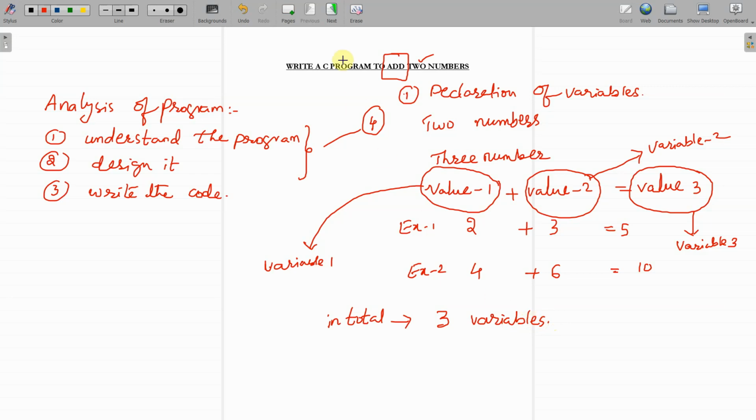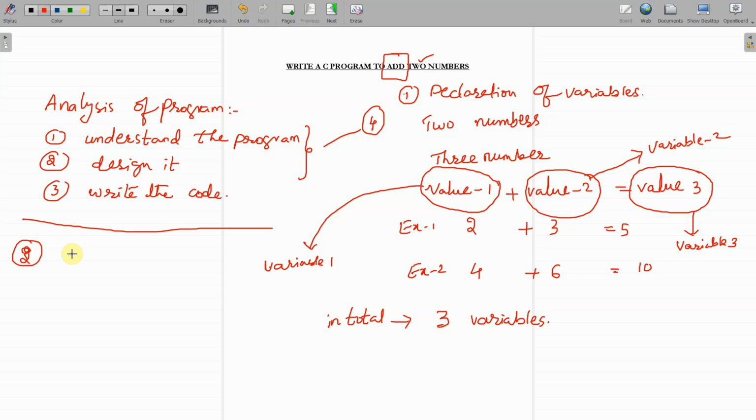Now I'll go into step number 2. Once the declaration is done, you have to assign the values to the variables.